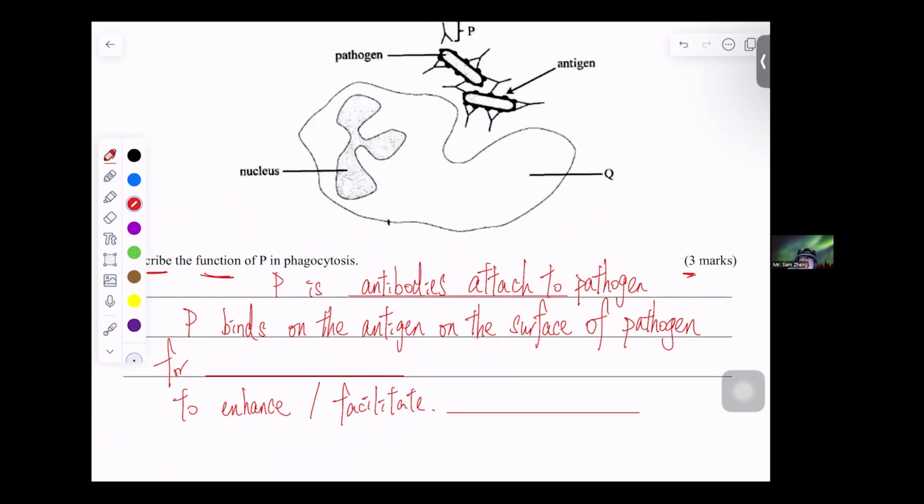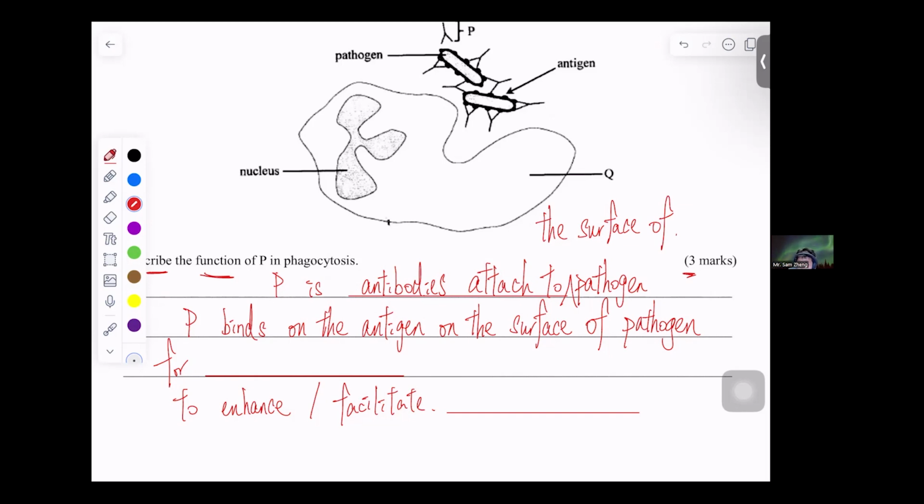But they are not just attached to the pathogen, they are attached on the surface of the pathogen. Then P will further bind several pathogens together to form a big clumping or a big cluster of pathogens,